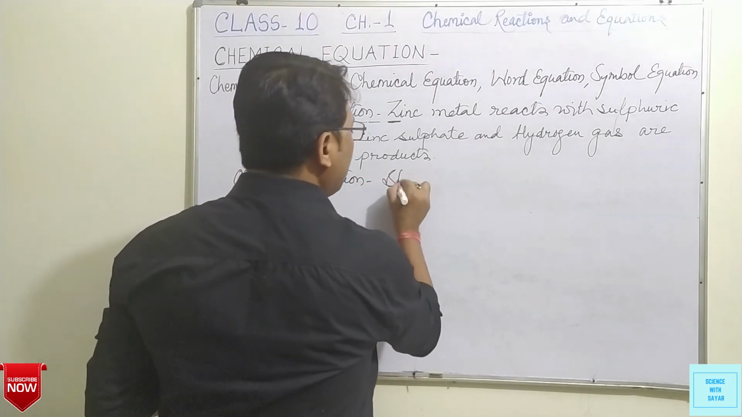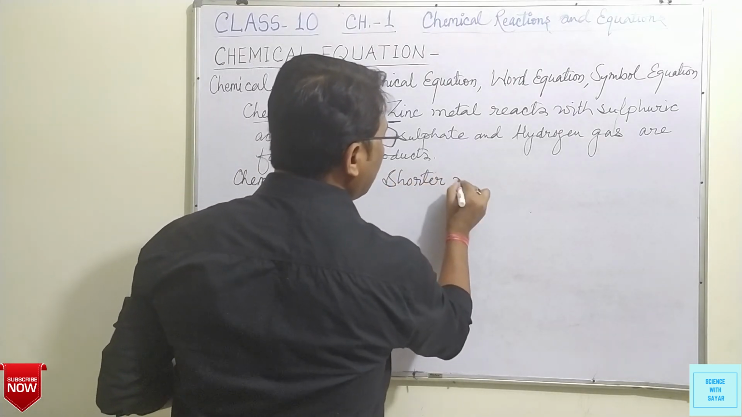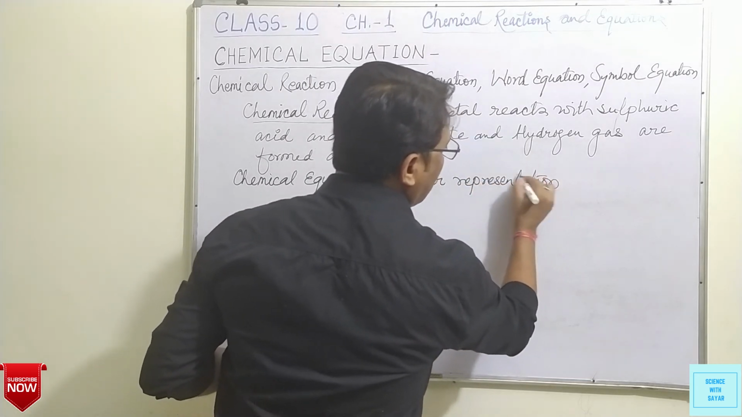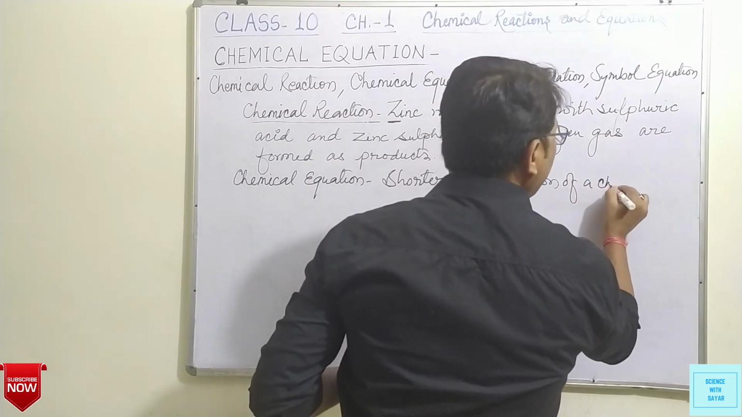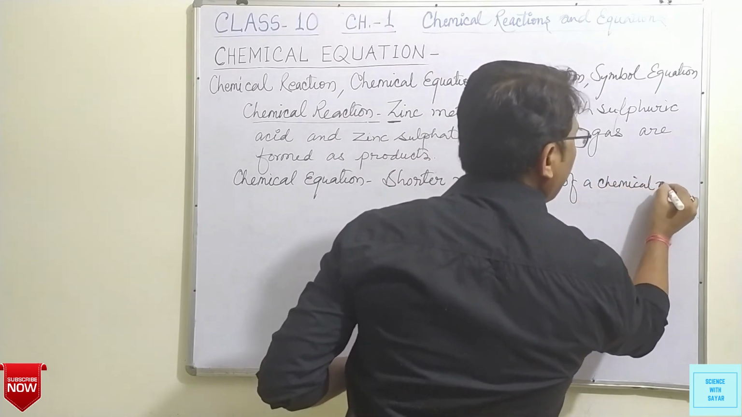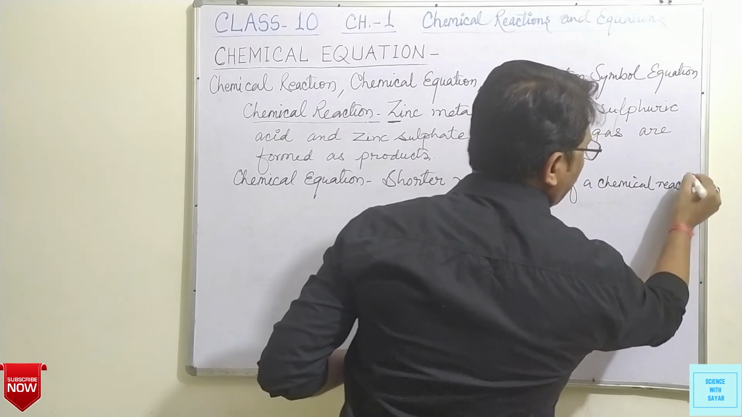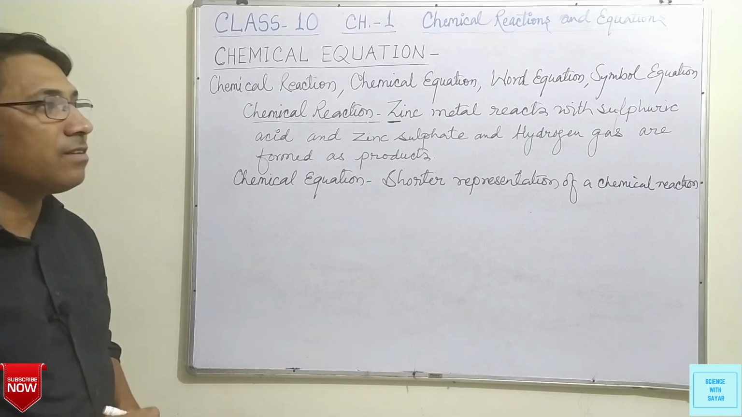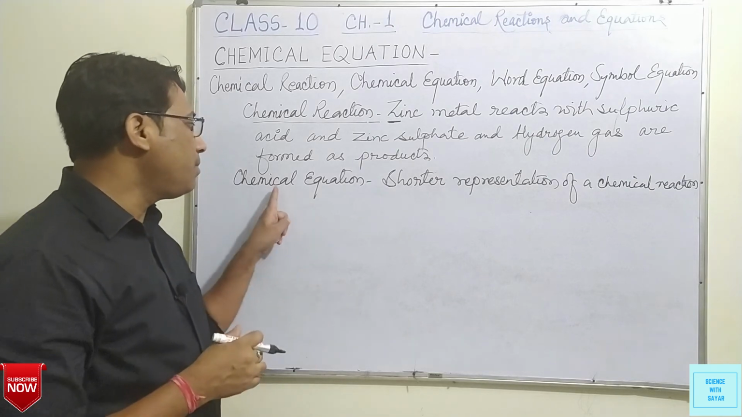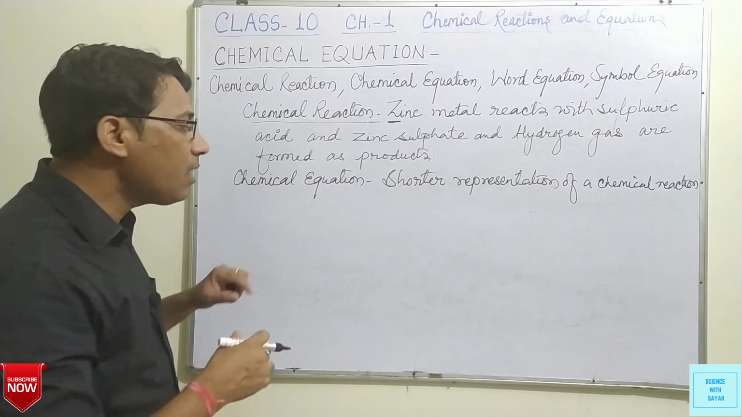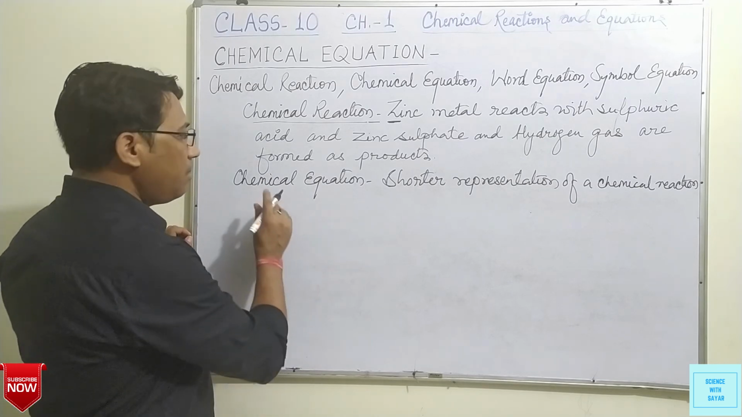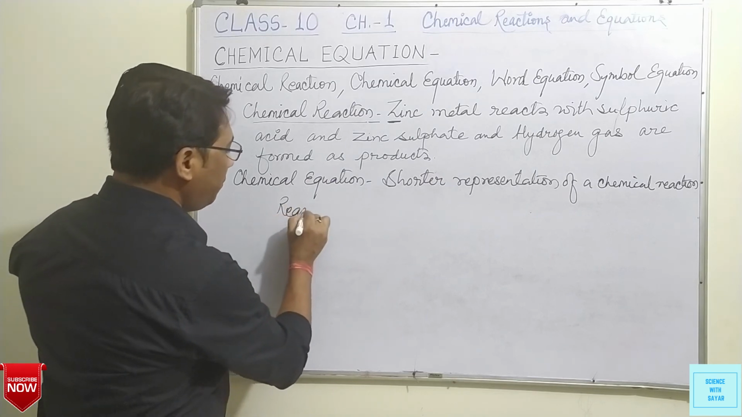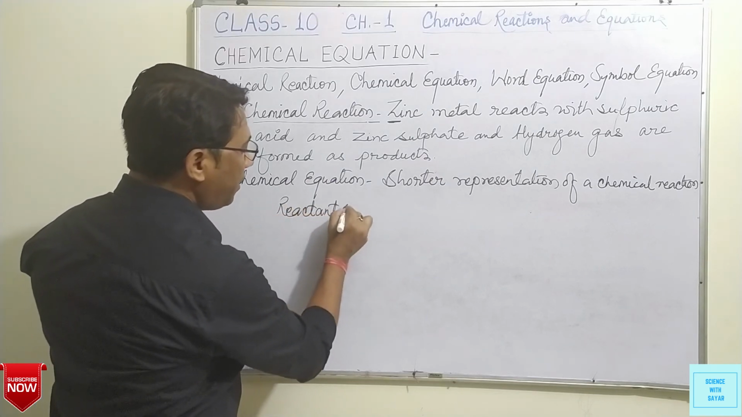Chemical equation is the shorter representation of a chemical reaction. It means a chemical reaction can be represented, can be shown in a shorter form, shorter way, by chemical equation. Now we studied that chemical equation is shown as, if reactants are more than one, then reactant A